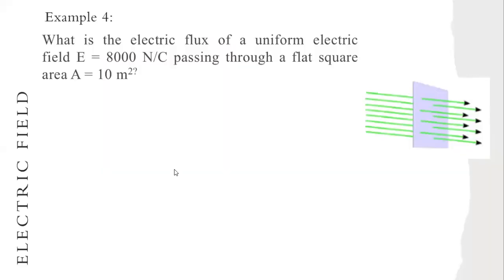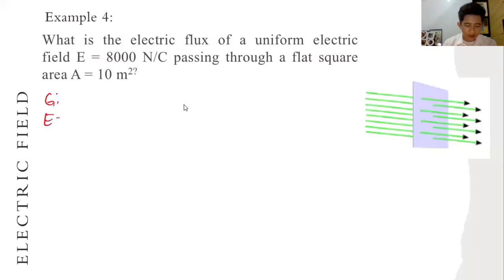So we have here example number 4. Let's take note that the electric flux has to pass through a perpendicular surface. When it's not parallel with the part where the electric field lines, or the density of the electric field lines, will pass through, then a lesser amount of flux will be present. So based on this, we have a given